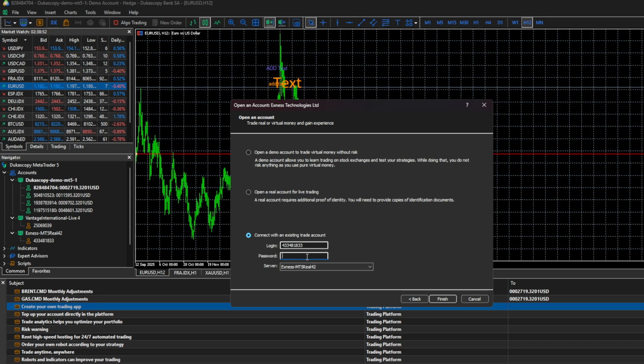This section lists all of your trading accounts. Scroll down through your accounts and you'll find the specific login details for your MT5 account, including your account number and the server name. Do not share this information with anyone and keep it in a safe place. Go back to MetaTrader 5 and enter the account number and password exactly